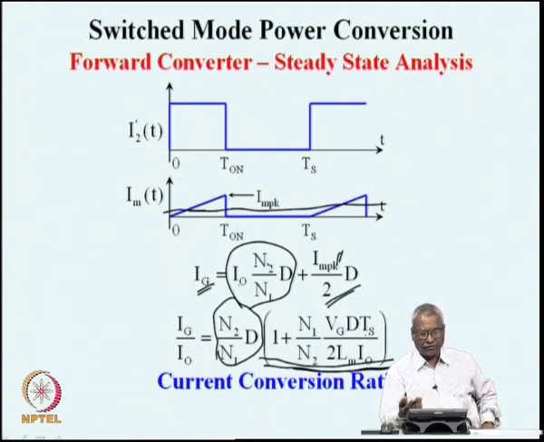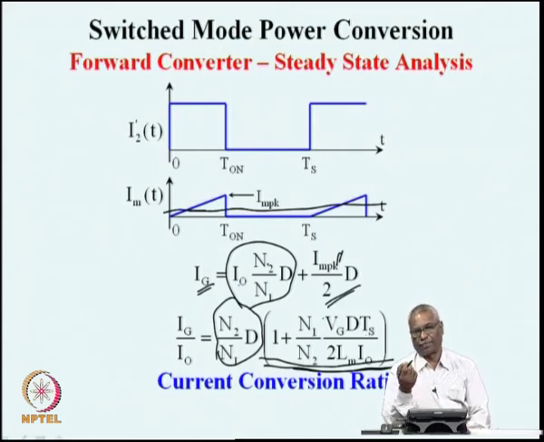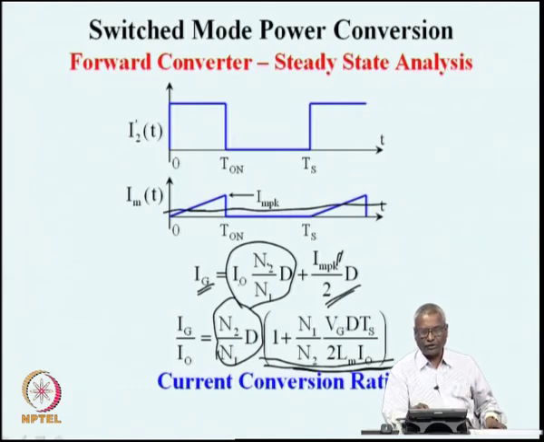From this you can see several things. For example, if the supply voltage Vg is high, then you will find that Ig's component of magnetizing current is high, and so also with duty ratio and switching time Ts. All these quantities directly relate to the average input current. On the other hand, there are other quantities which indirectly determine the magnetizing current, N2 squared, 2 times Lm, and then multiplied by I naught. This division by I naught is to normalize the magnetizing current with reference to I naught.